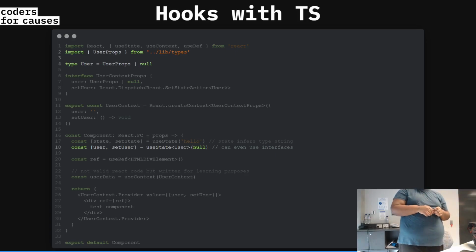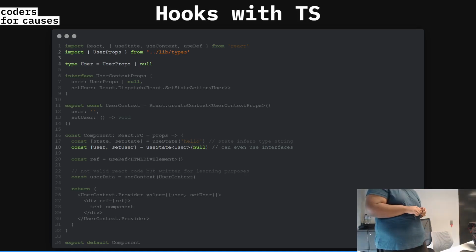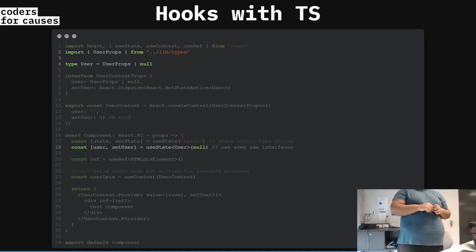Unfortunately, I do not have that with me, but you'll see a lot of this in the code base for Foodbank, where we've declared the types for a global object elsewhere, and we're importing it in the code. But for now, let's assume that user props has